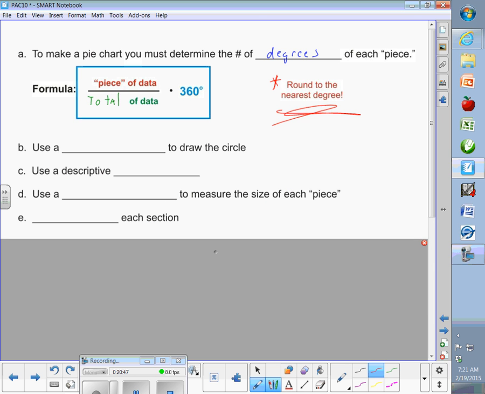What else? Use a compass to draw the circle. Don't be drawing the circle freehand. As I've said many times already, use a descriptive title. Use a protractor to measure the size of each piece of the pie, and then label each section. Okay, so let's finish off